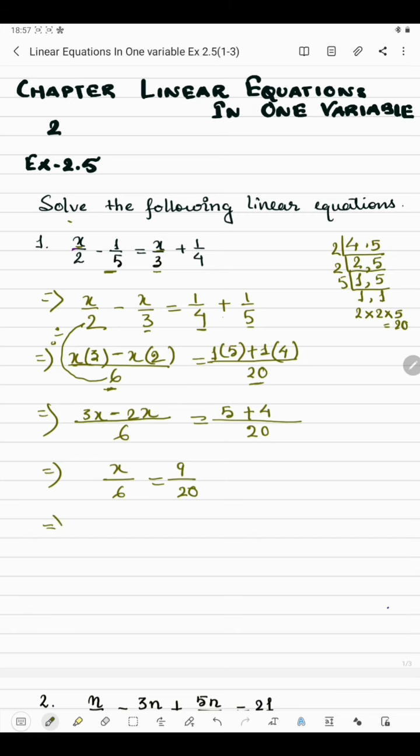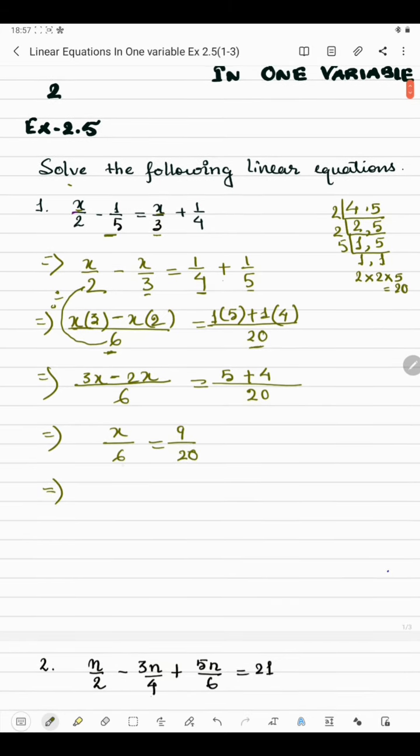Now how to solve this, how to get the value of x? Here we will just write the x alone, and then 9 by 20 is there on the right hand side, so we will put that one at first. And see here, x by 6 means x is divided by 6, so after changing the side it will be multiplication, so 9 by 20 will be multiplied by 6. Now these we can cancel because both come in 2's table, so 2 3s are 6 and 2 10s are 20. So after this, see, cancellation is over.